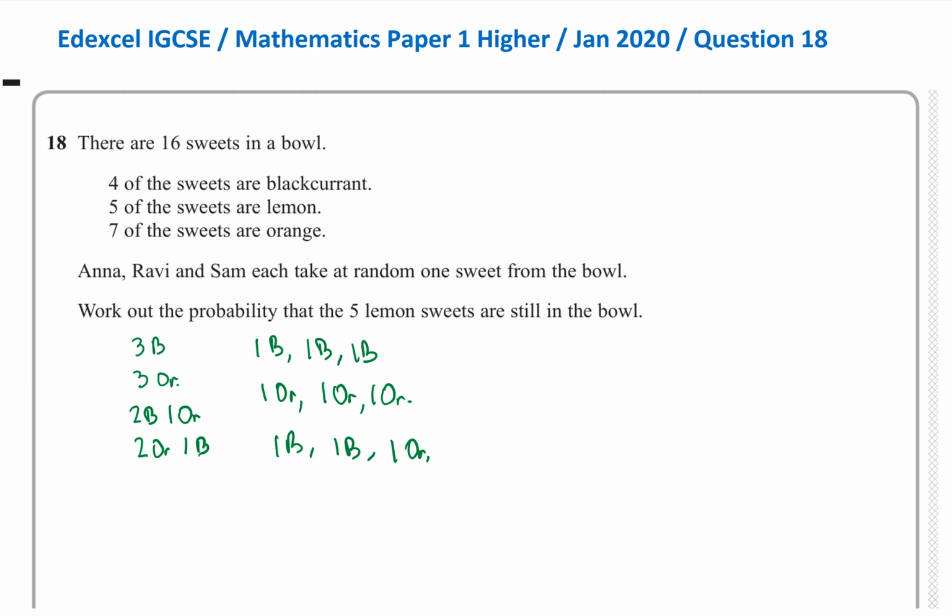And then you have 2 oranges. So when you have 2 orange, it would be 1 orange, 1 orange, and 1 blackcurrant. So we again have to consider all 3 possibilities here, and add them up. So let us work it out. I should say orange is OR, blackcurrant is represented as B, lemon we do not include. So then this probability that B